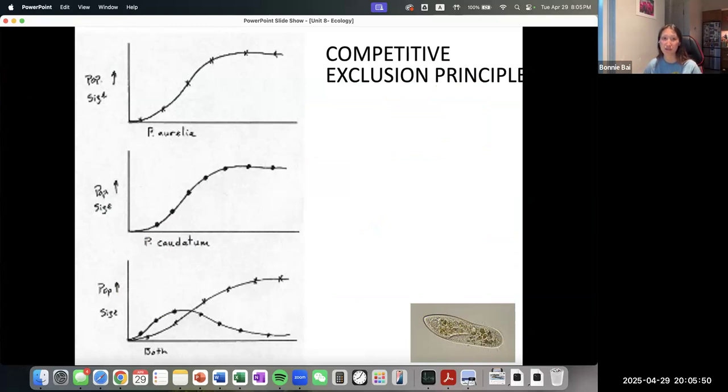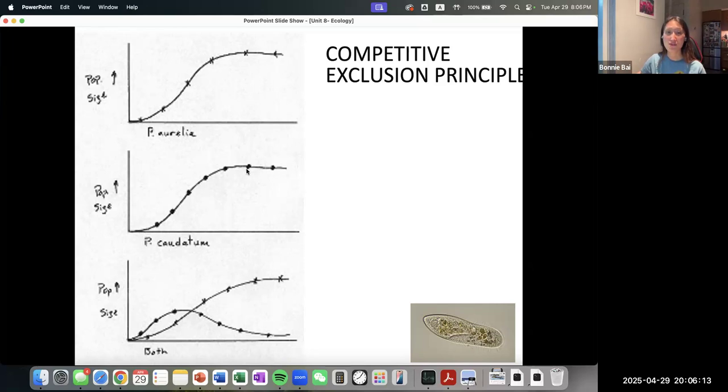So if you look at the picture on the left side, we have these organisms, Paramecium. When they're this species of Paramecium on their own, the population goes through a kind of logistic growth, where the population starts off slow, grows really fast, and then reaches its carrying capacity. That's just how much the environment can sustain.